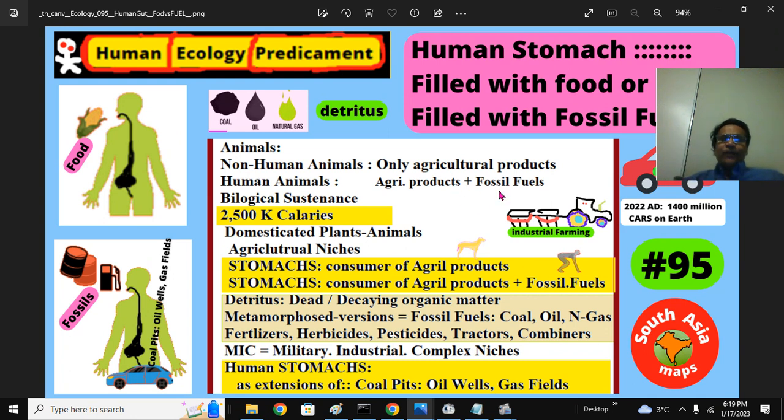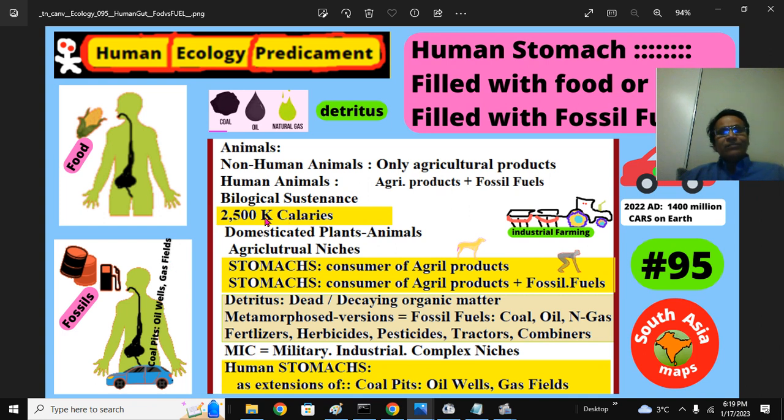Later, with the invention of the fossil fuels, they started manufacturing the urea fertilizers, the phosphate rock fertilizers, and the green revolution pesticides. They spray the land with them, produce immense amounts of food, convert them and eat that food. Their numbers jumped from a modest 1 billion in 1818 to, 200 years later, 8 billion. That is humongous. So previously human guts were made with the food. Now human guts are made with the fossil fuels.